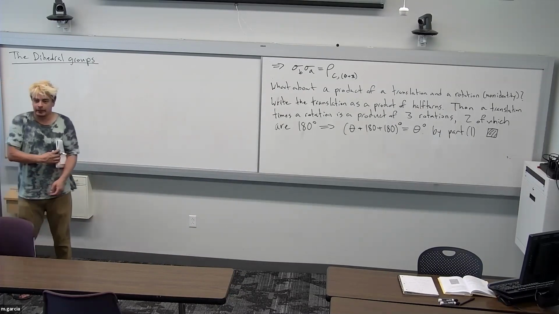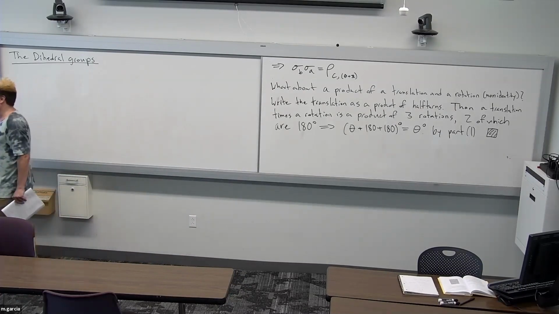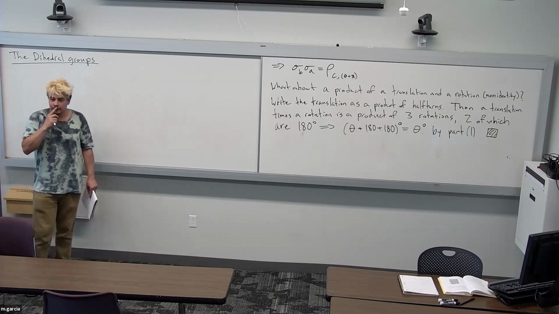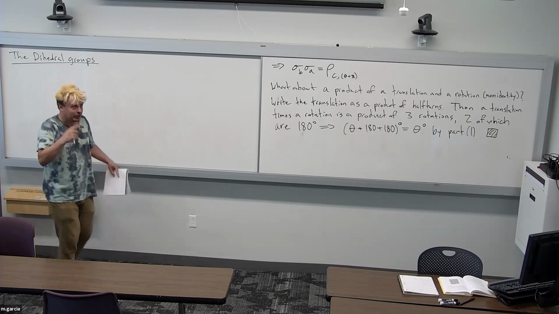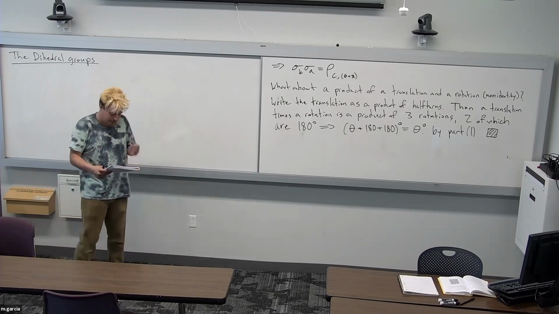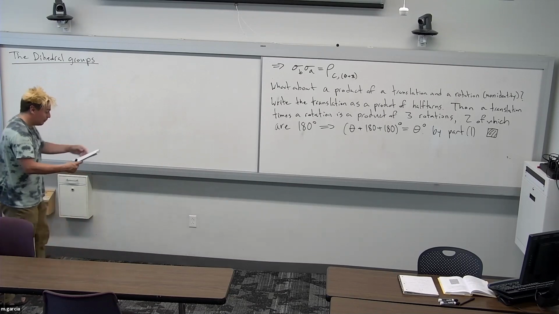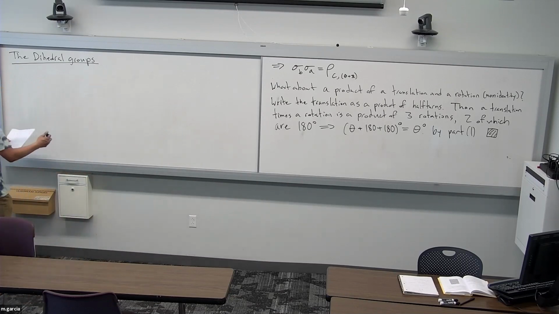A triangle has symmetry group of order 1, 2, or 6. We did that, and then we talked about it in class together after everybody did it at home. So now,